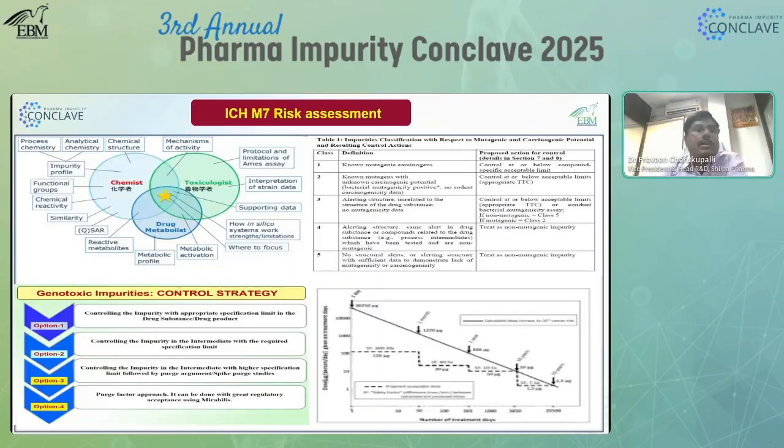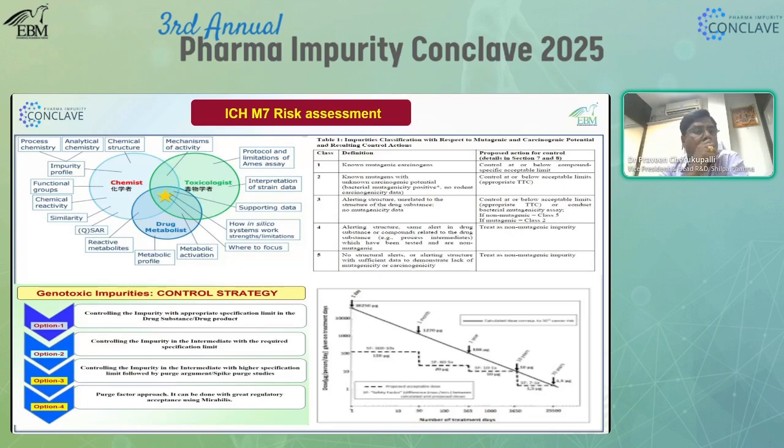Into the important session where the important impurities like genotoxic impurities, like ICH M7 risk assessment, where all the genotoxic impurities need to be controlled as per the ICH M7 guideline, where the limit of the impurity should be 1.5 microgram, that is the threshold of toxicological concern. So all the impurities, whether it is a process or degradation impurities, whenever you are controlling in intermediate stages or in the API stages, need to be checked for the genotoxic assessment.